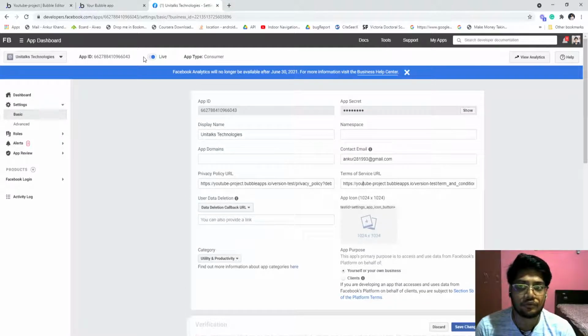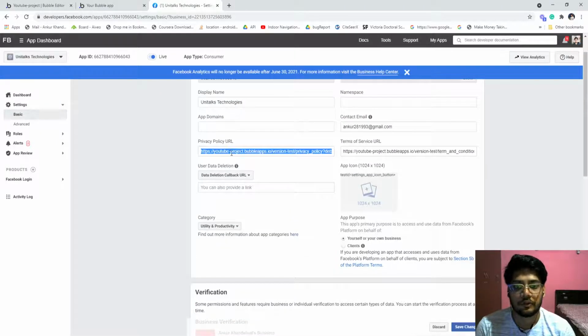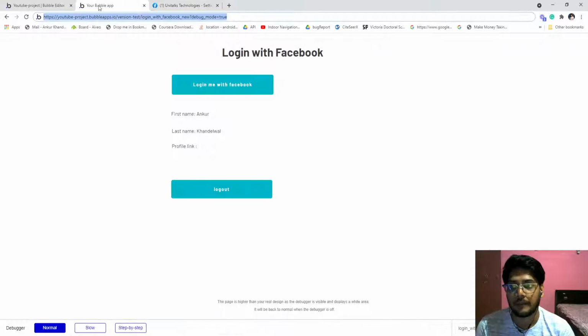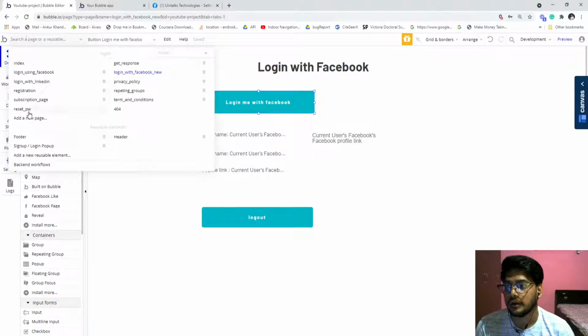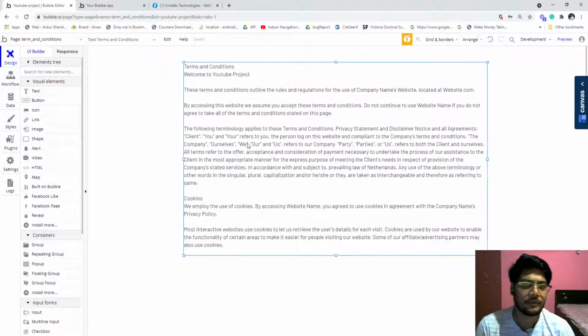When you toggle it to live, it will ask for these. This is a mandatory field. It is not saying so here, but it is mandatory. How do you do it? Just go to Google. I already did that. Terms and conditions, you just need to copy and paste.